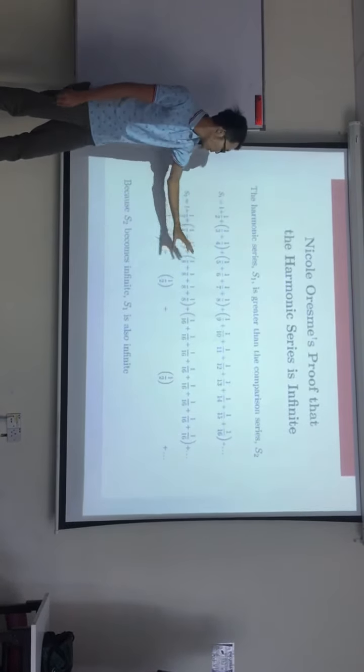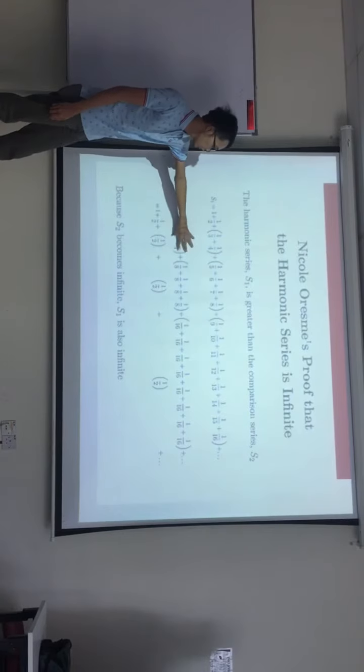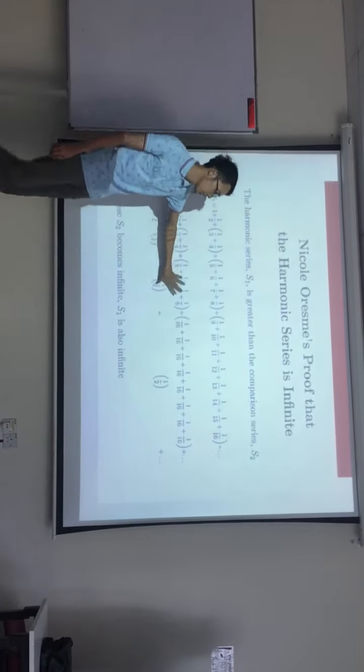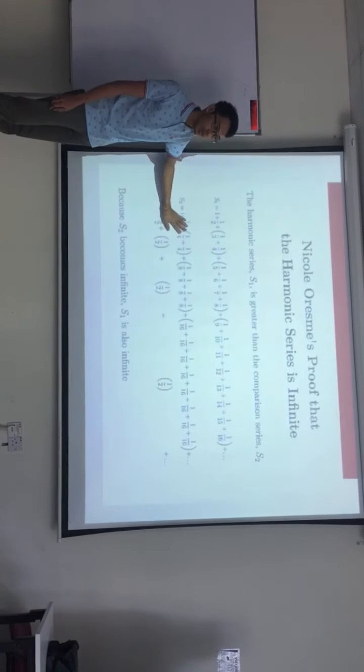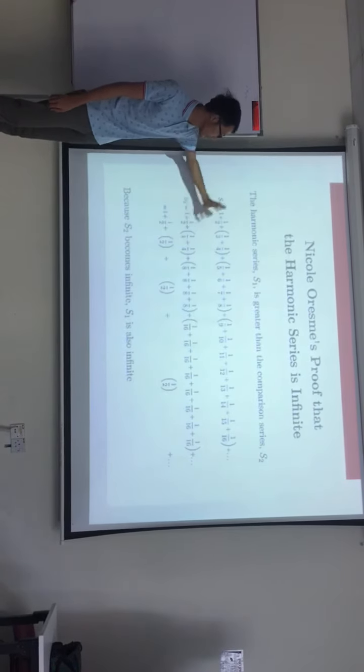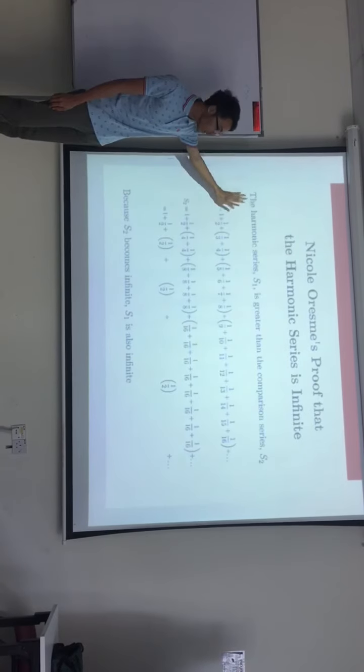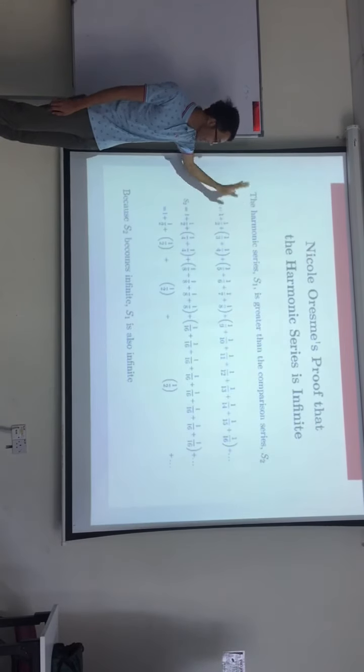So once we sum up all these things, 1 over 2, this one also sums up to become 1 over 2, 1 over 2, 1 over 2, up until infinity. So we can get that this one is infinite. Since the second series is infinite, the first series is infinite. Okay, so when the first series is greater than the second series, then it's